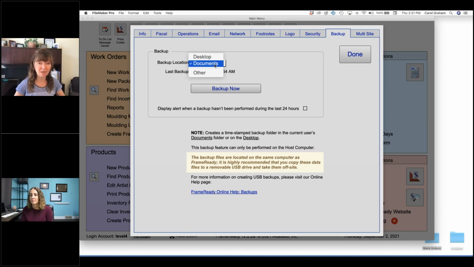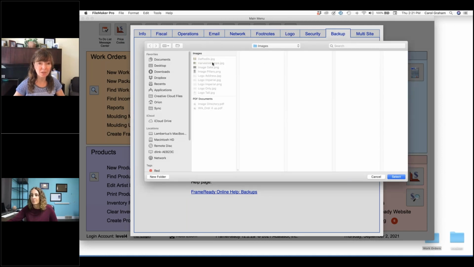It's a start, okay? But you would want to take that and save it onto a USB drive, or move it to an external hard drive. So that's a fast and easy way for you to make a backup. The other option is to say that I want to save it someplace else. You can click on that and say, where do you want to save this? I want to save it into my external hard drive. I want to save it